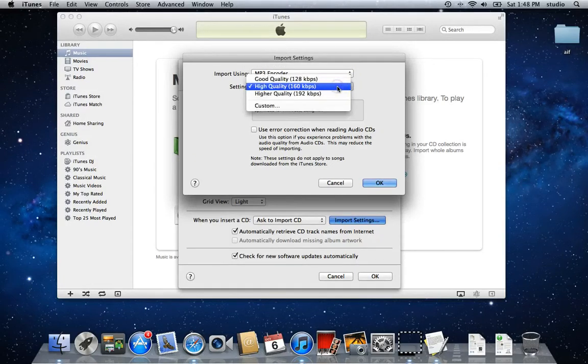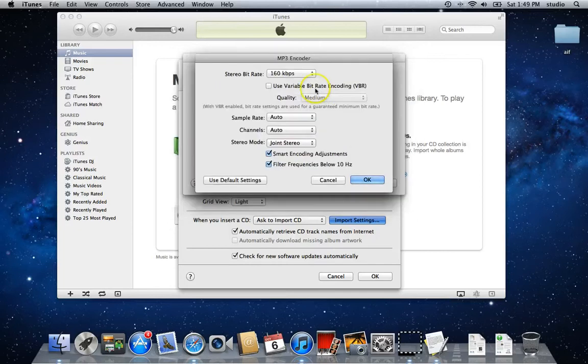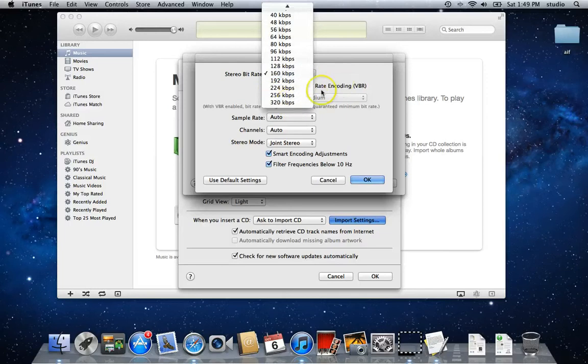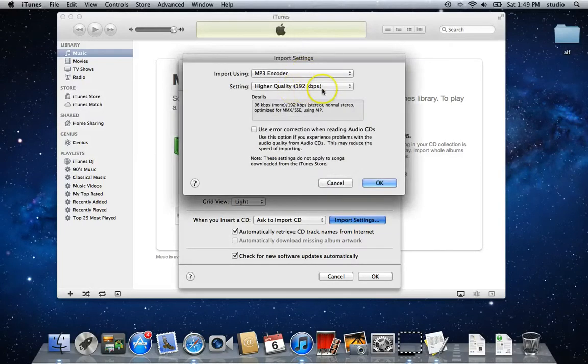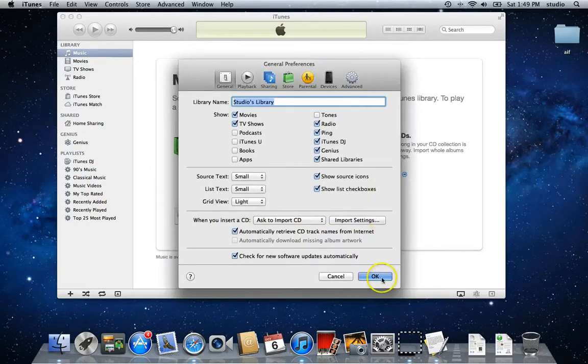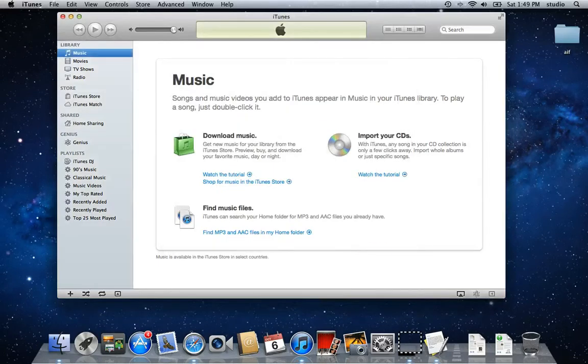Now for setting, if you want to make sure that you maintain the highest quality settings, then go to higher quality. Do note that if you're comfortable with changing these and you're looking for something even a little bit better quality, we can choose variable bitrate encoders or higher bitrate settings. But if you're not sure what that means, then go ahead and just leave it at higher quality, 192 kilobits per second. Once that's set, click OK, and then click OK on the General Preferences to return back to the